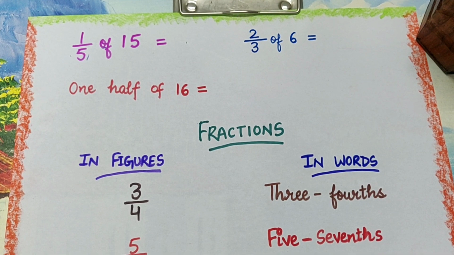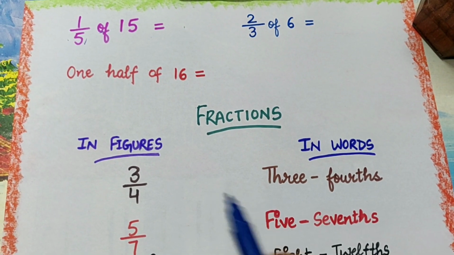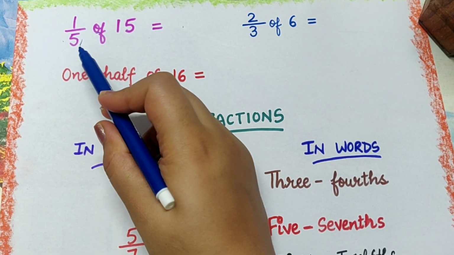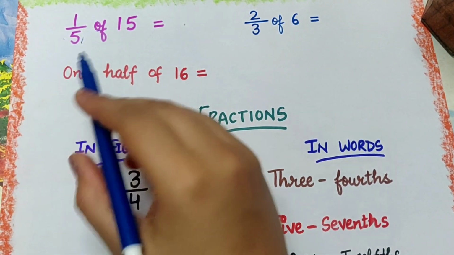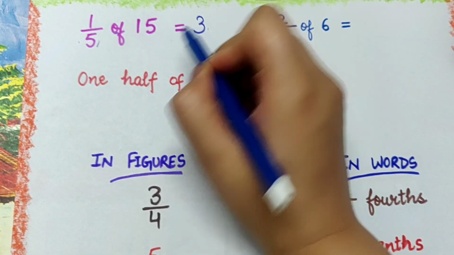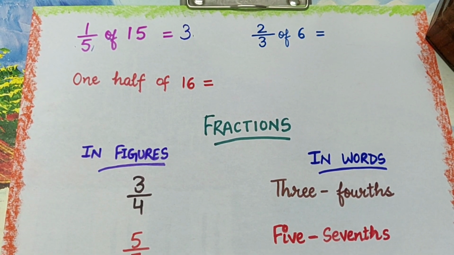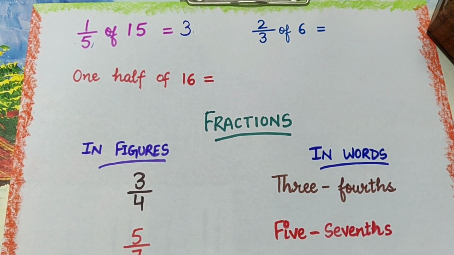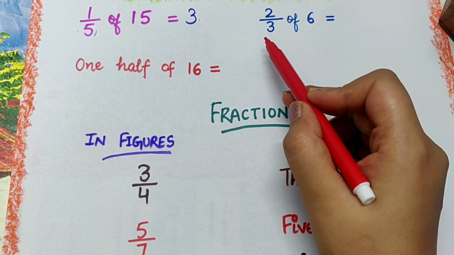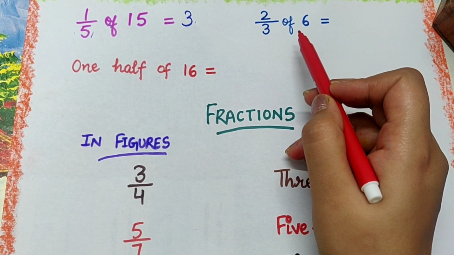Now dear children, you will find that these questions are easy as you all have learnt tables, right? See, first is 1/5 of 15. Now 15 comes in table of 5, right? On which number? Very good, on 3. So you will write 3 here. Now next is 2/3 of 6. Again you will find out that yes, 6 comes in table of 3 and it comes on 2. 3 into 2 is 6.